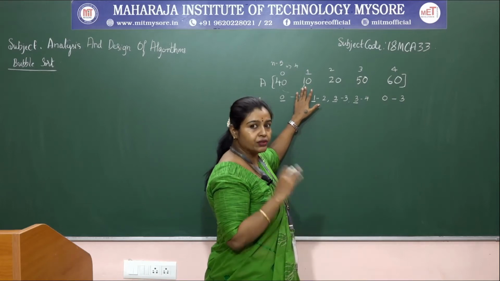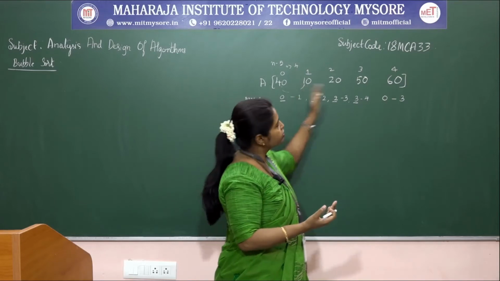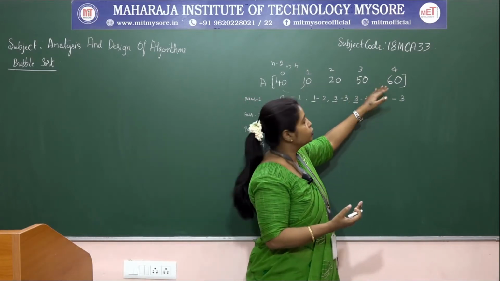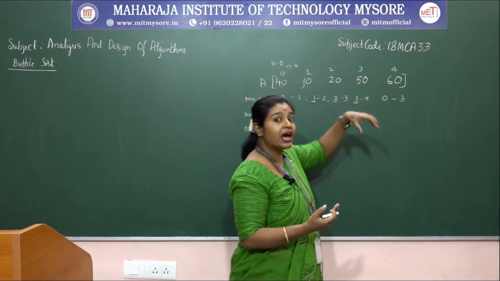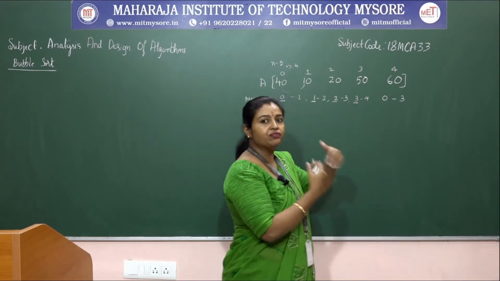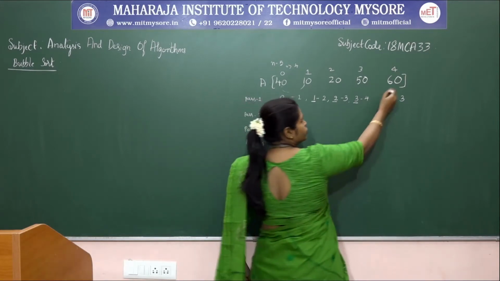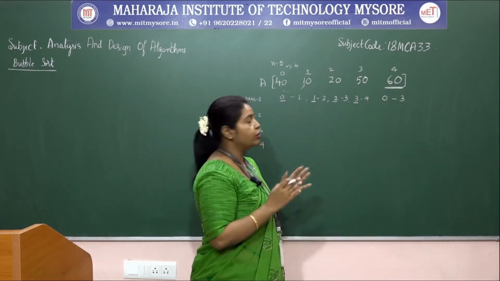Swapping. If the largest element comes, we need to shift it to the right-hand side. Because of that, swapping may occur. While doing the swapping, if the largest element comes, only then are we swapping it to the right. So every time, the largest element will sit at the bottom.